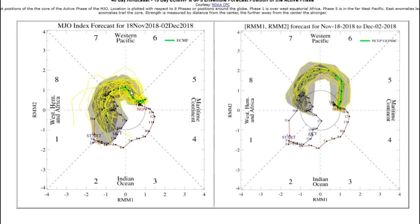The green dots, or the green line here, suggest the path, moving weakly to the West Pacific and into the East Pacific and then into the Atlantic 2 weeks out, per the ECMF model. The GEFS model is now showing that no, the active phase of the MJO is actually going to get pretty solidly strong